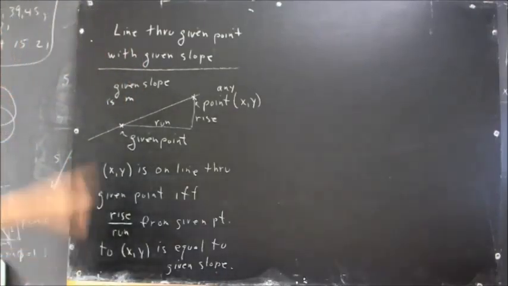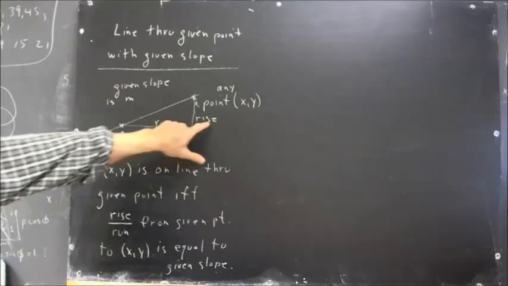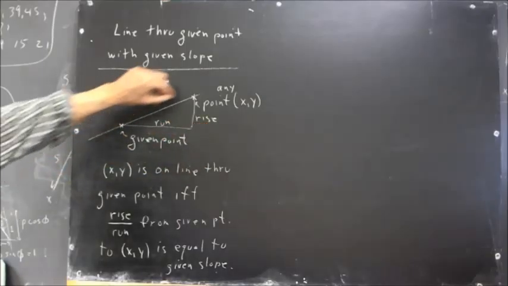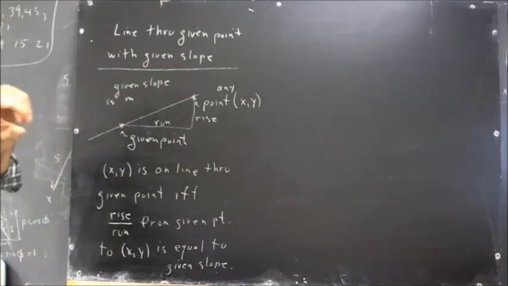Okay, in this case, if the given slope is m, then the rise over the run from whatever the given point is out to xy has to equal m. Now that doesn't necessarily seem all that helpful,